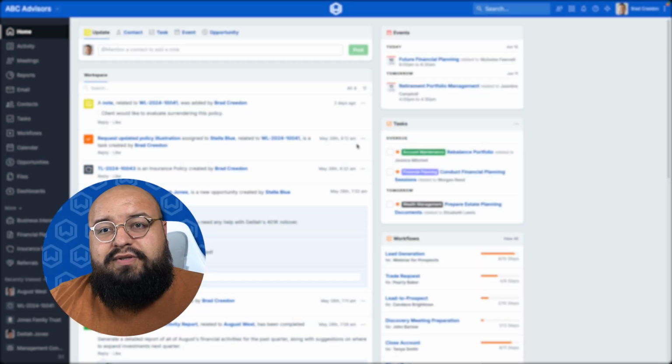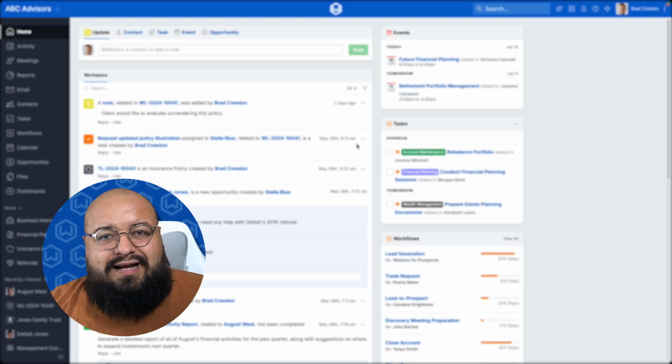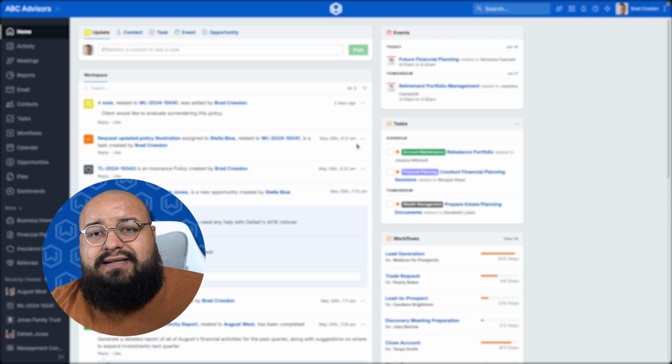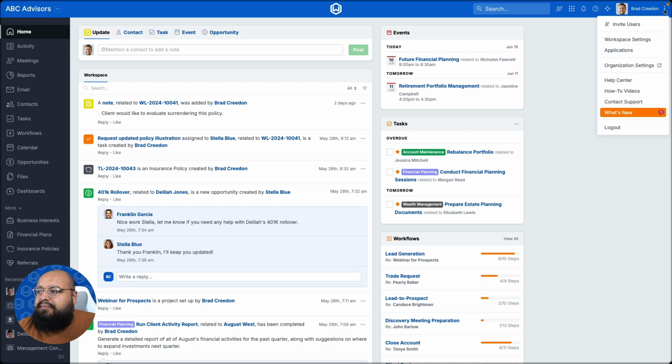In this video, we're going to be covering how to create a custom object in Wealthbox. Custom objects allow you to build entirely new record types beyond the built-in contacts, opportunities, and projects, allowing you and your firm to track data that's unique to how you operate for things like insurance policies, real estate holdings, compliance reviews, and more. To get started, you could click on the three dots at the top right and click into